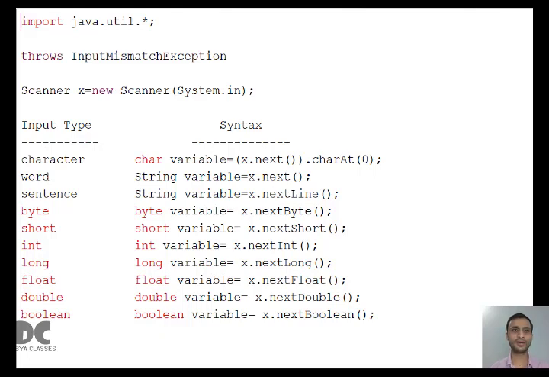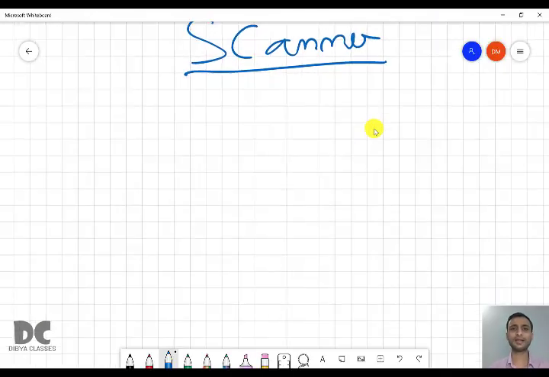After you have copied everything, now my job is to make you understand how to write programs using scanner. Scanner is a type of predefined class, and this class is used to take input for Java programs. The rest of the theory we will be studying in class 10. I'll make you understand how to write scanner with the help of a program. So now we'll write a program